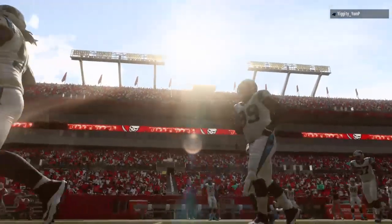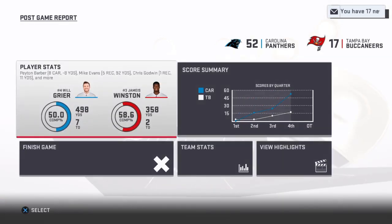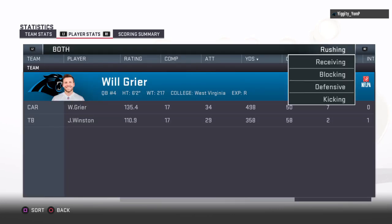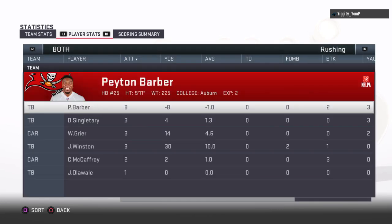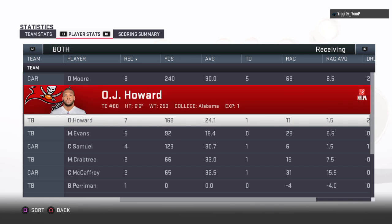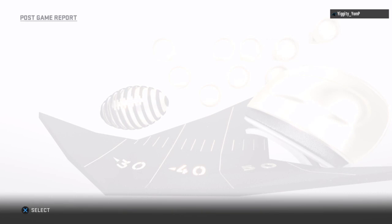So for Carolina, the win gets them back to 500 at 6-6 on the year. And they'll get another road test next week as they head to Cleveland to take on the Browns. Meanwhile, for the Bucs, it's a tough one to swallow as they drop back to 8-4 on the year. And they'll try to make amends next week as they host the New Orleans Saints. So for our entire crew, alongside Charles Davis,